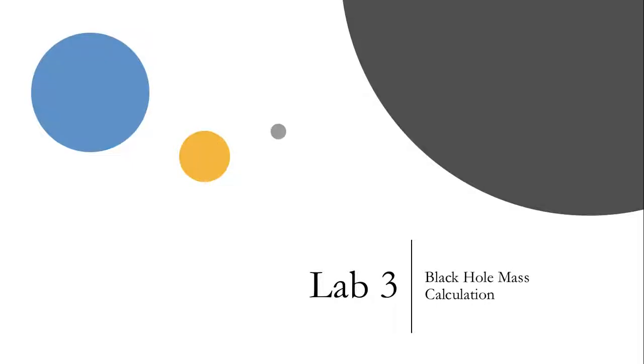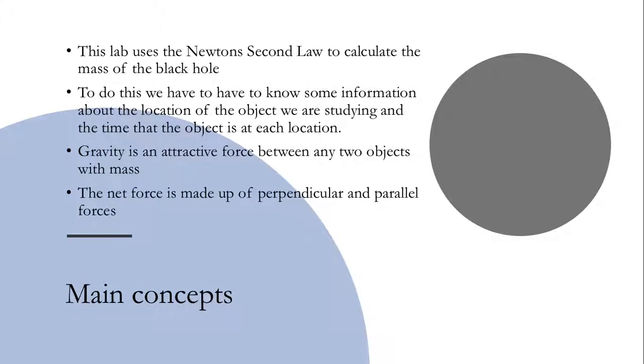Hi, welcome to Lab 3 where we examine how we can use an object's trajectory to calculate the mass of another object. This lab uses Newton's second law to calculate the mass of a black hole by examining its trajectory and the time that the object is at each location. Gravity is the main attractive force between any two objects with mass, and this is the main force that we